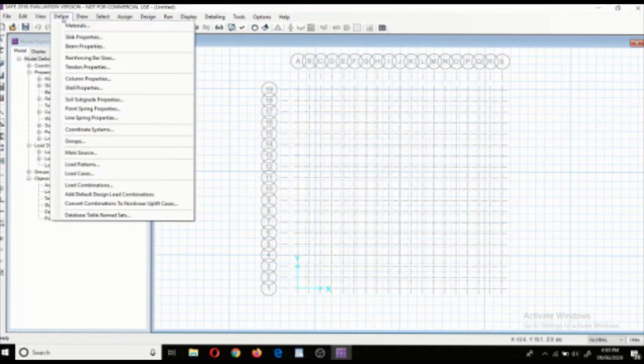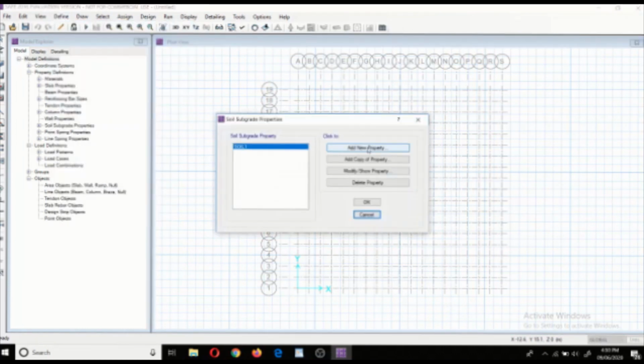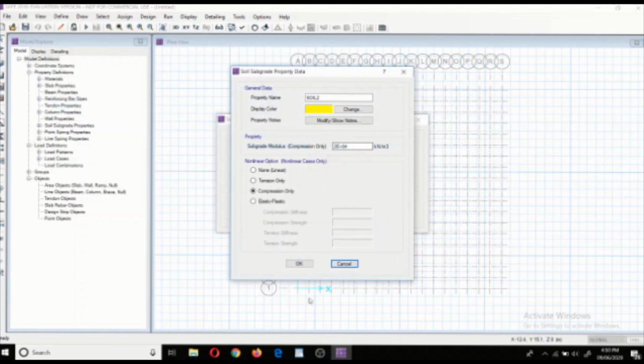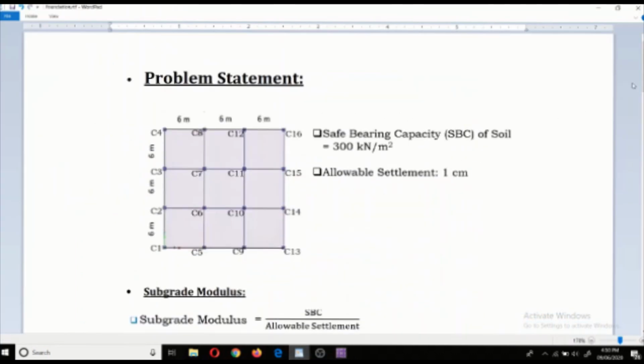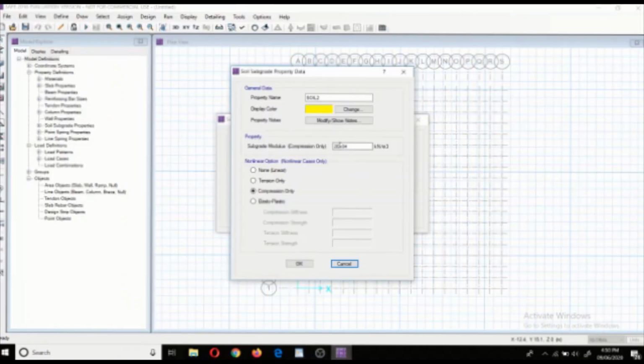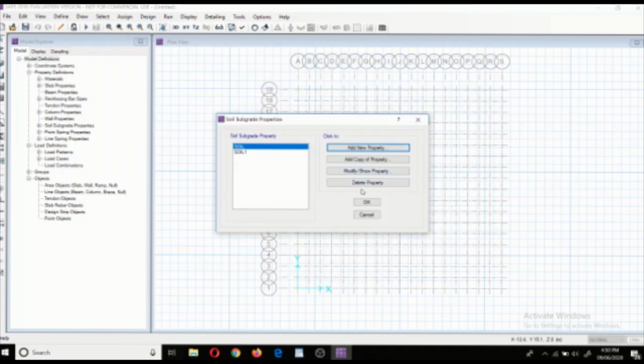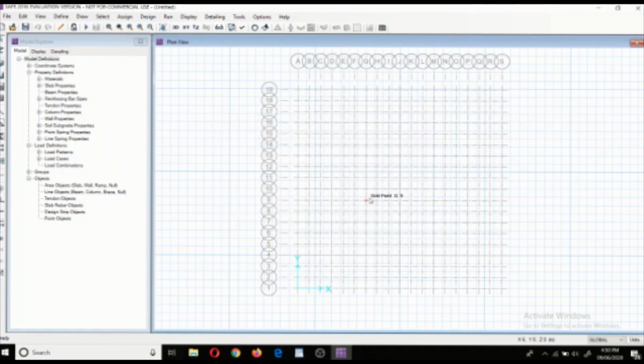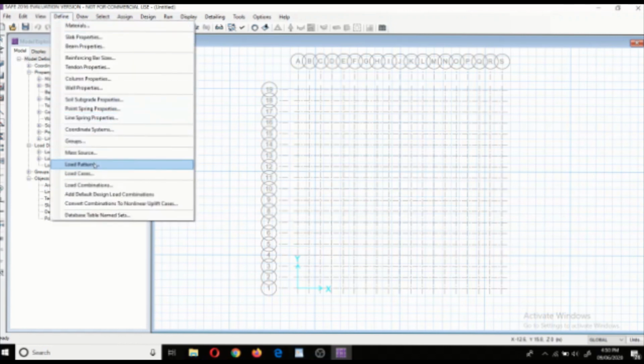Then go to define, click on soil subgrade and give subgrade modulus as 3 into 10 power 4. Check whether load pattern and load cases are appropriate or not.